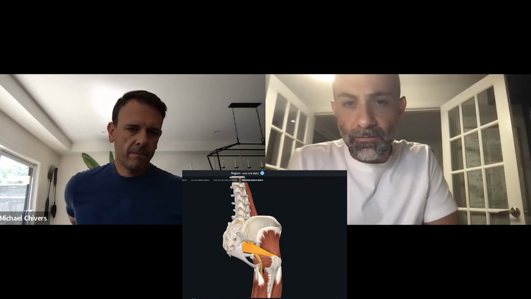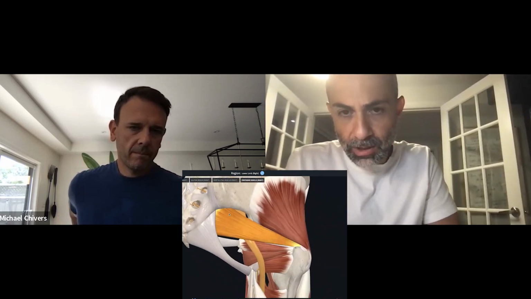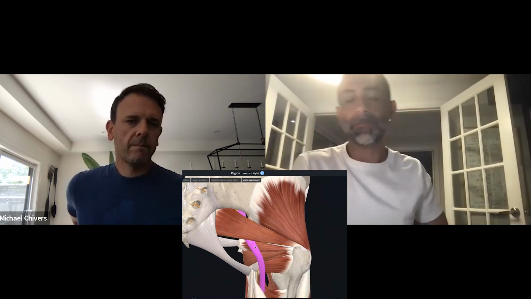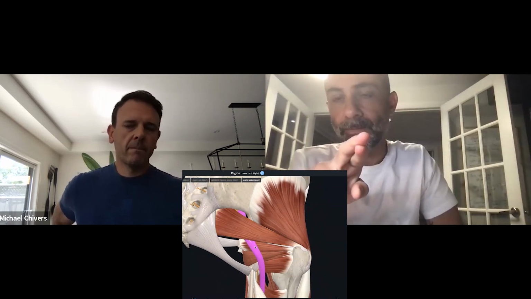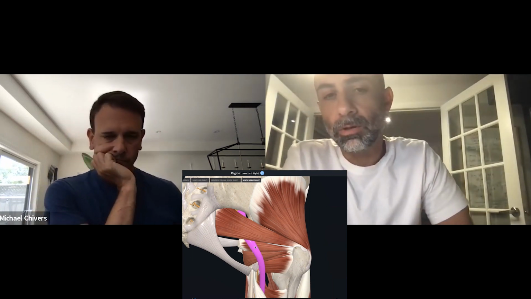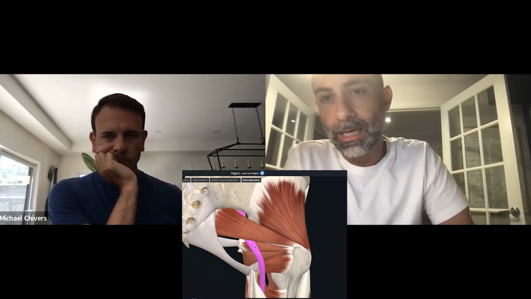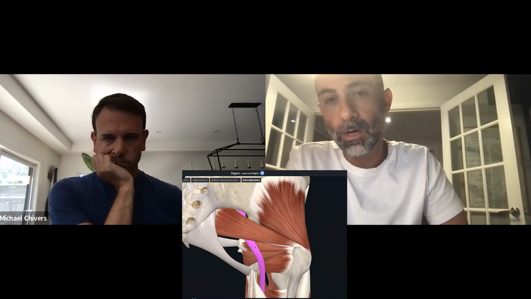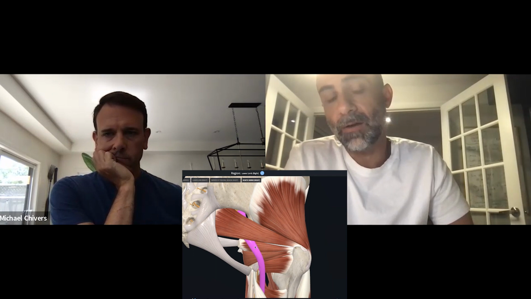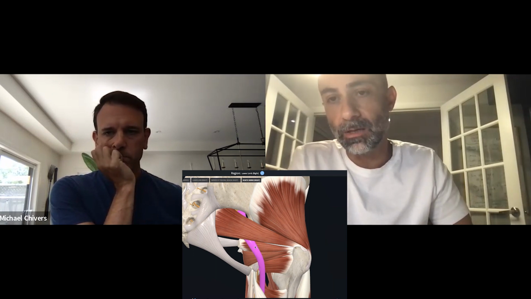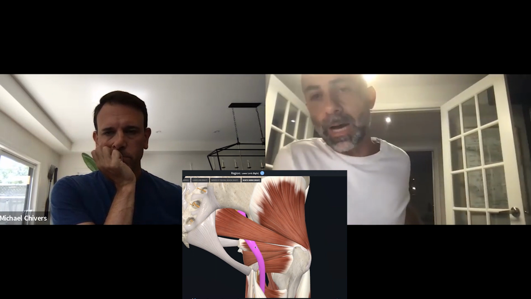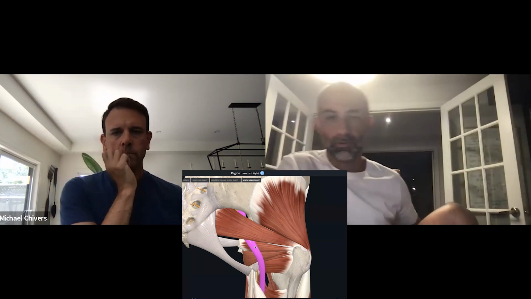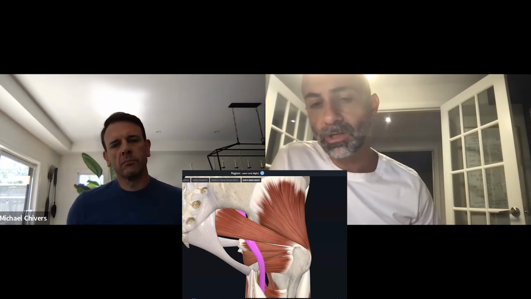The sciatic nerve, if you've ever done any actual cadaver dissection, you would have more respect for that sciatic nerve, in that the sciatic nerve is about yay thick. And the idea that a muscle can somehow be strangulating it, like in order for that piriformis to be strangulating that thick of a nerve, we're talking about severe, you would have to have told me that they got in a knife fight and that their piriformis got sliced so badly that it's tethering that nerve. So needless to say, with these nerves, there might be frictional irritation in areas,